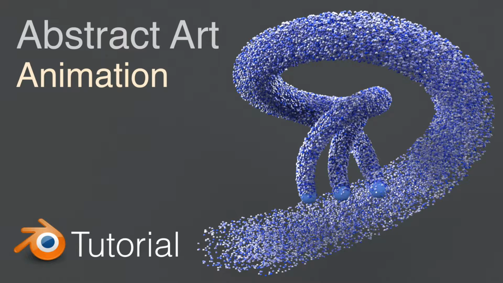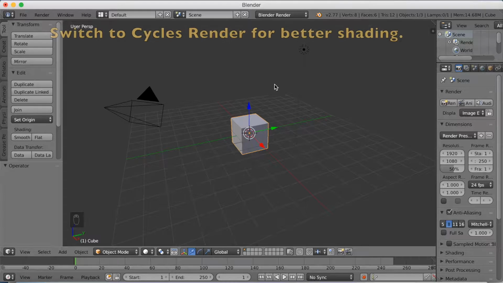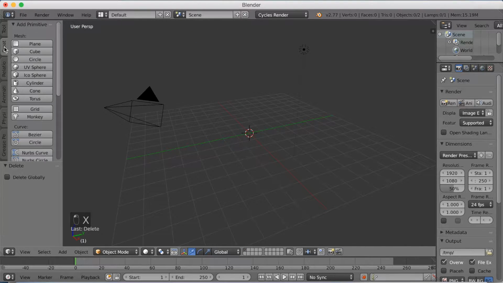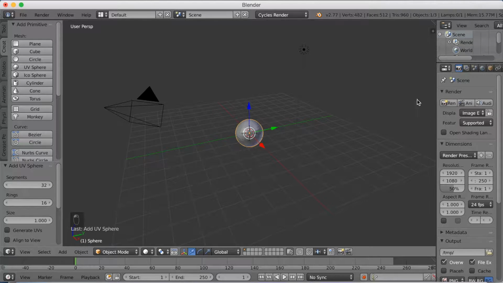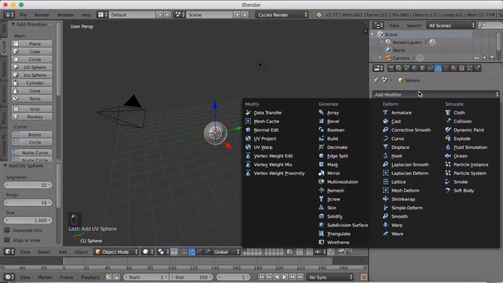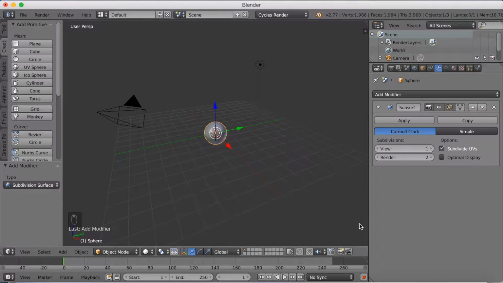So let's get started. We're going to start this tutorial off by switching from Blender Render to Cycles Render. And then you want to click X to delete the default cube and then add a UV sphere. Then go into the settings on the right side, go into the modifiers, add modifier, and add subdivision surface and increase the view subdivision to 2